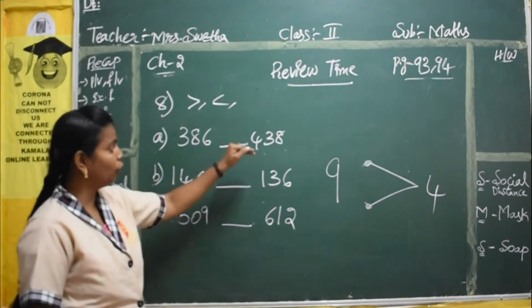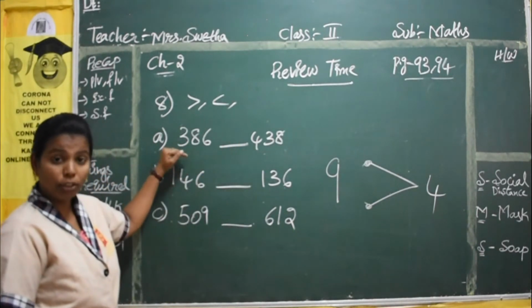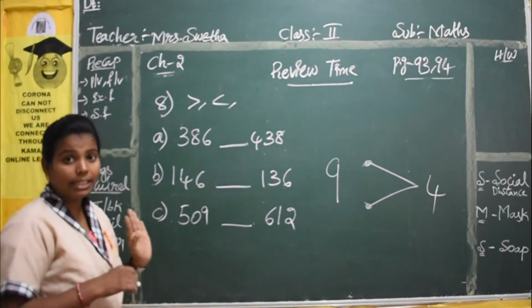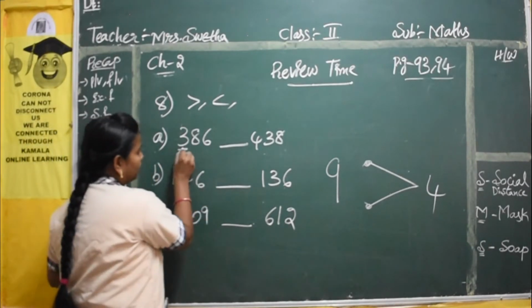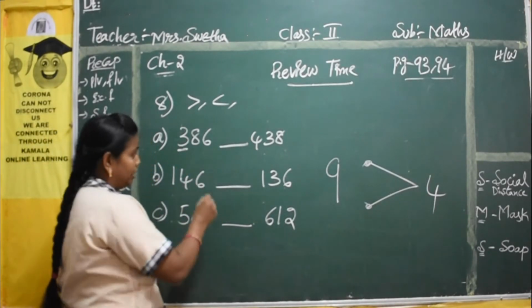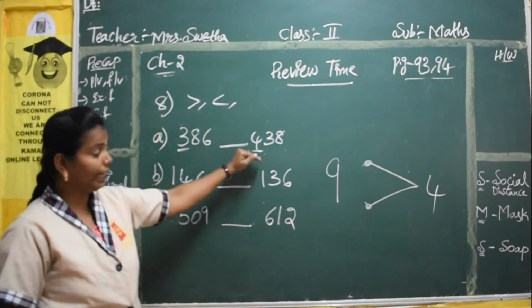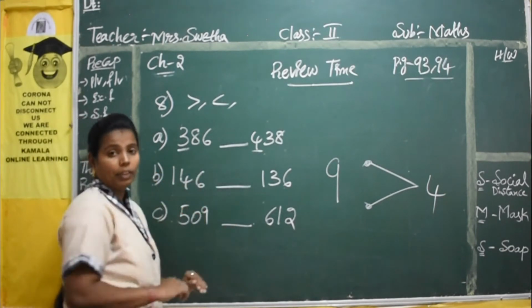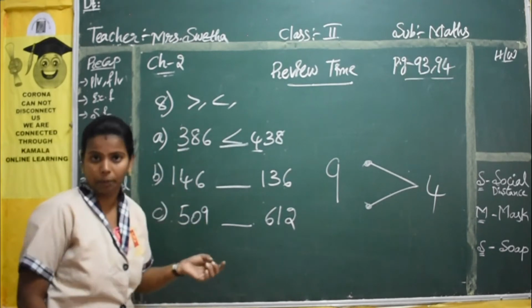So here you are having 3-digit numbers. For 3-digit numbers you have to check all the digits, just as we checked for ascending and descending order when arranging. So here also you have to check like that. Check with the first digits, 3 and 8. In this 3 and 8, which one is the bigger one? Yes, 8 is the bigger one. So on whichever side the big number is, the mouth will be open to that side.